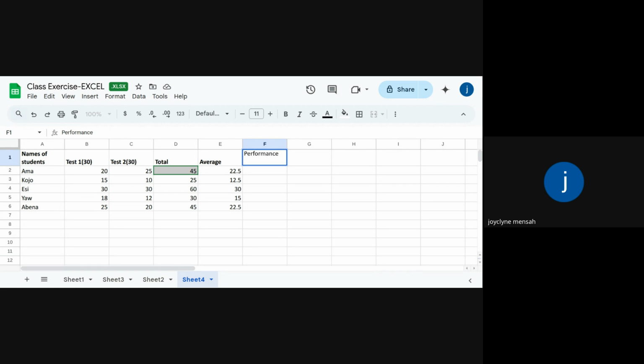If A is 5, the representation is what? A, who has gotten 5, is an excellent student. If B, which is maybe Ben, stands for Ben, if Ben gets 4, then Ben has done very good. If C, which is Cecilia, gets 3, then she is good. If 2, then 2 is for maybe Dan, then Dan, we say fairly good. And then probably if you get 1 out of 5, then we say that you have probably